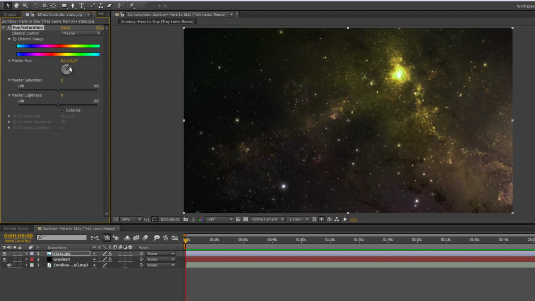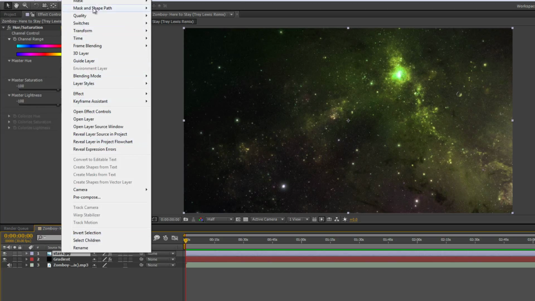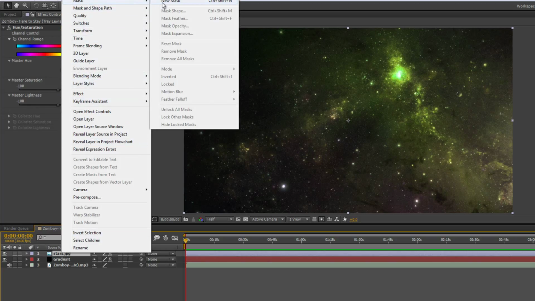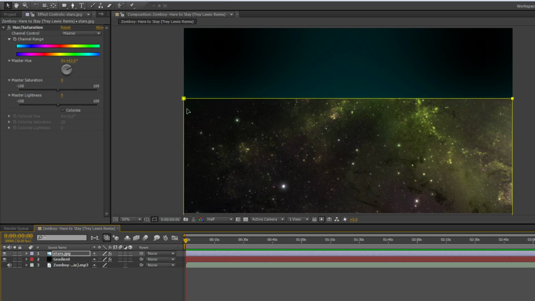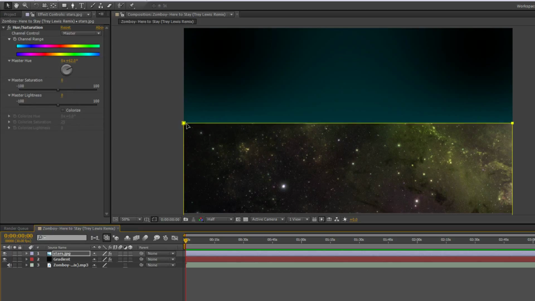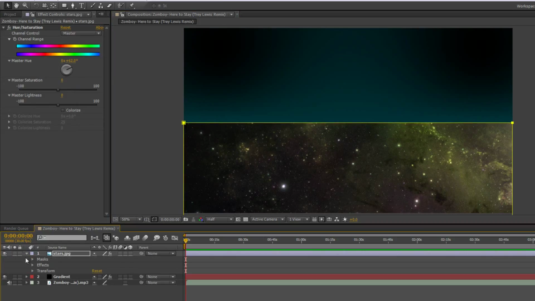So about here, it's sort of orangey, greenish. It's a really nice color, I like it. So about there. And then we are going to add a mask to it. So right click on stars, go up to mask, and add a new mask. And then we are going to drag this down about halfway. And then we're going to go into the mask settings,